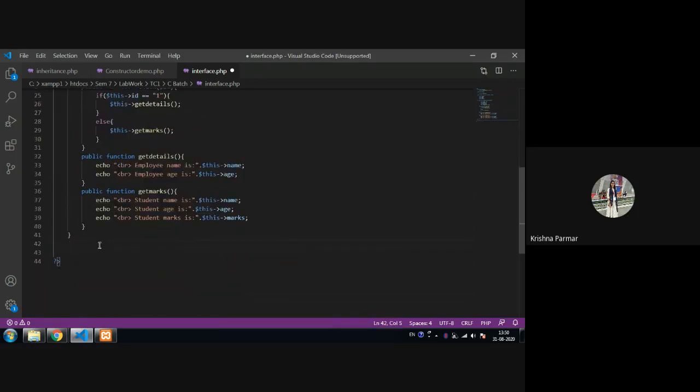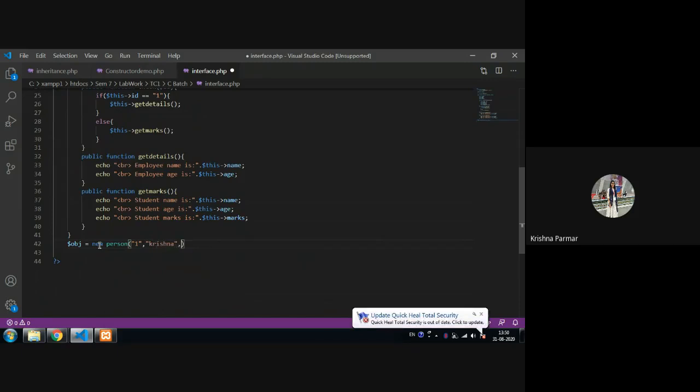So I'm creating the object obj is equal to new Person, the class name. First is my ID, so I'm providing 1. Then the name, so I'm providing Krishna.